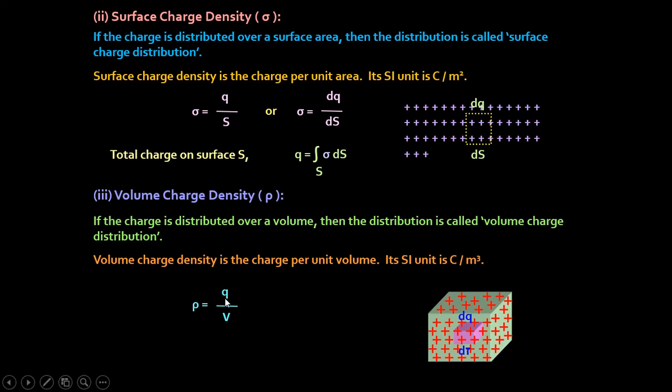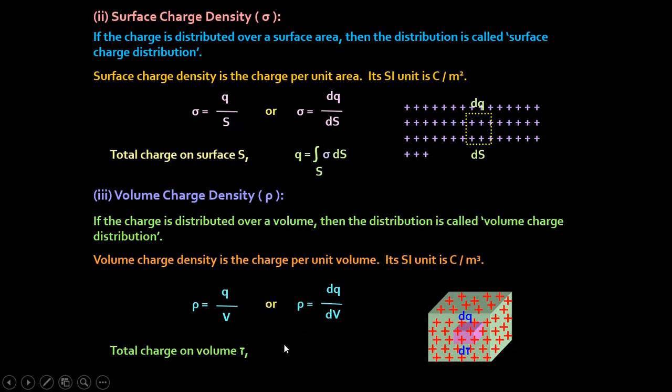If the total charge is infinite, in that case we can calculate the total charge using a method like this. We have to take a small section of this volume, whose small section is dV, and in that small section dQ is the total charge. So in place of Q write dQ, in place of V you have to write dV. So rho equal to dQ upon dV gives the charge density for this small volume section. Then dQ equal to rho into dV, which gives the total charge in terms of density and volume.